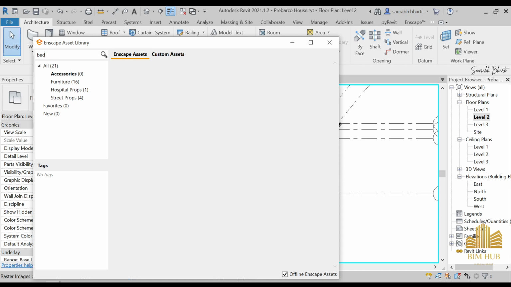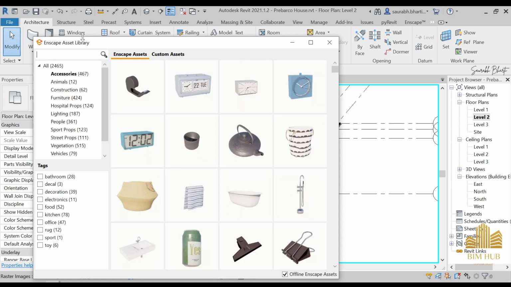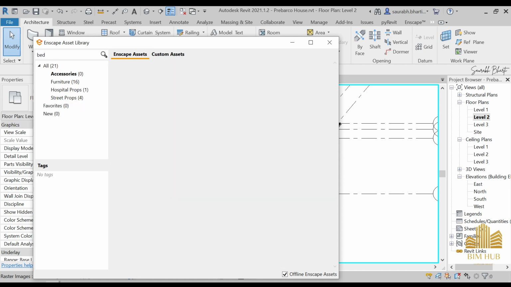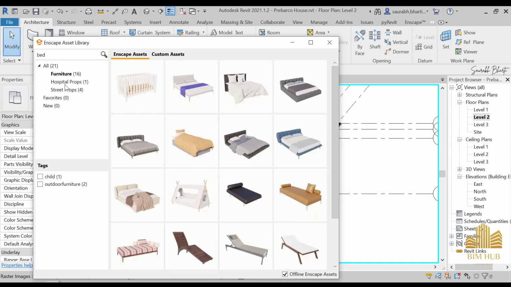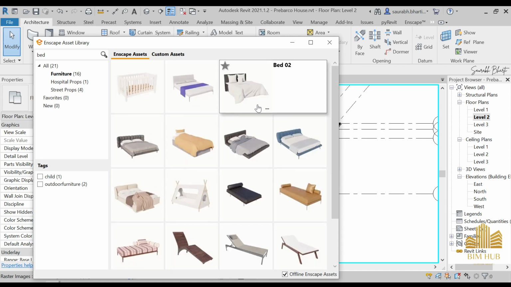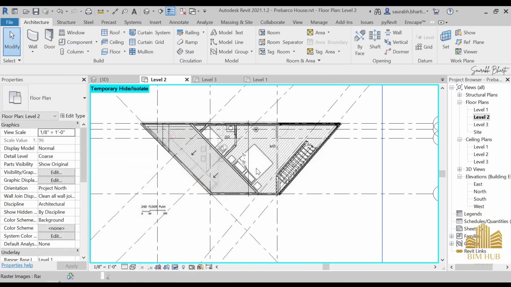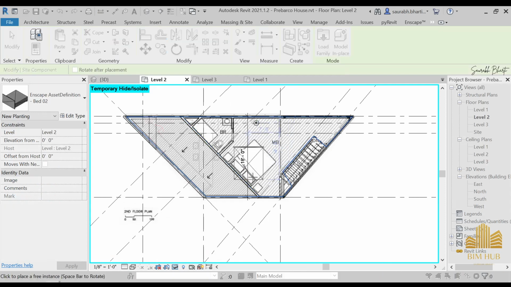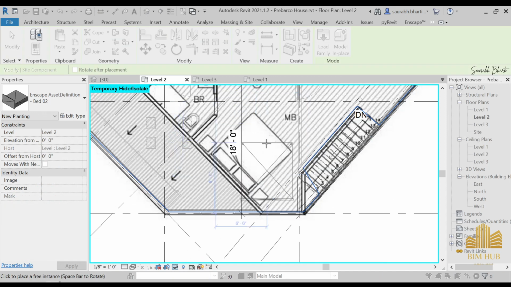So where is our bed? Okay, furniture, yes, we have it here. And now you can use any of this bed if you want. You can also download the bed family for the Revit, so you can search it, but for me it is easier right now to take it from this place directly, and I will place it at this point. So just place it like this, and